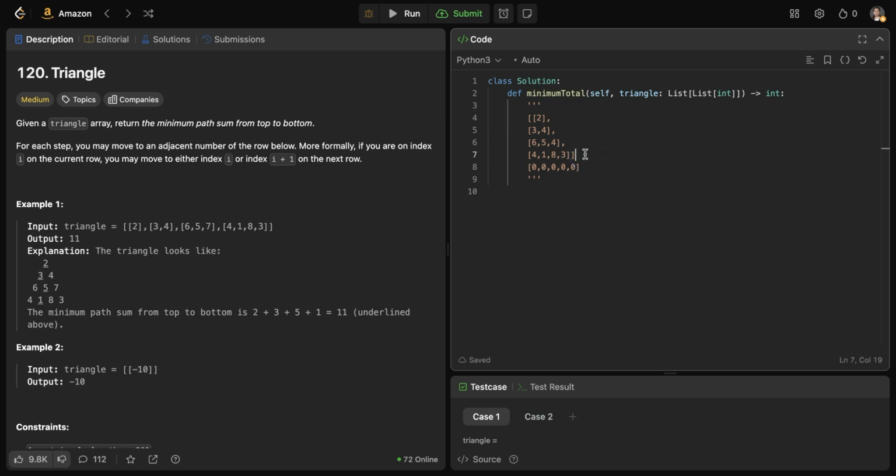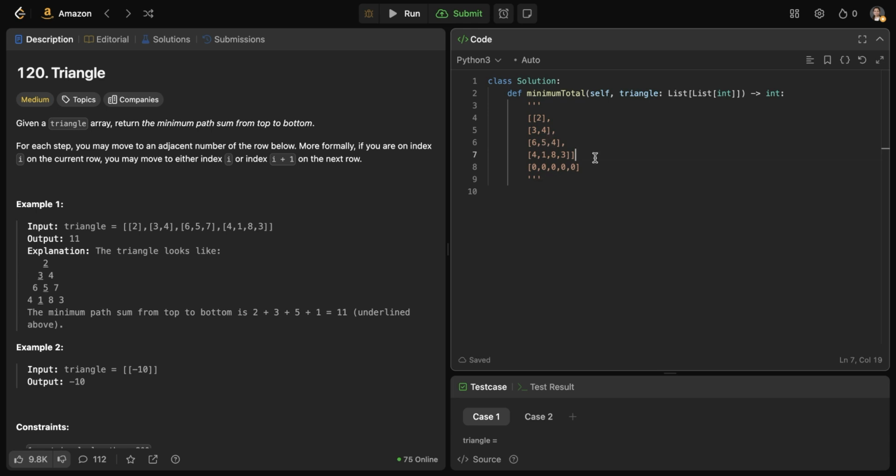So suppose I was computing the minimum path for 4183, I was just interested in the row below it, which comprises all zeros. When I'm computing the minimum path for 654, I was just interested in the row just below it, which comprised the updated sums I got from 4183 and 0000. Then when I was computing row 3, 4, I was just interested in the row just below it, where I'll have the updated path sums 767 from the previous computation. So I'll always use only one row.